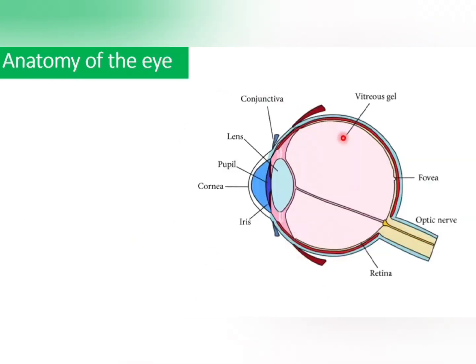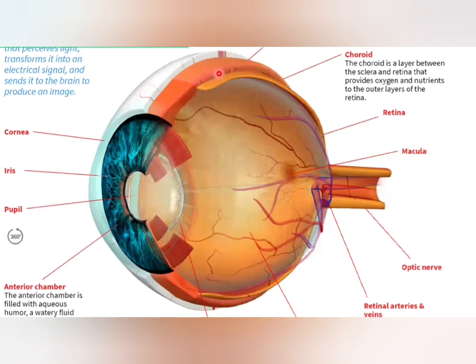So this is the anatomy of the eye, where you can see that there are three main layers of the eye. If I start from outside to inside, that is sclera, then uvea, then retina. The iris is a part of the uvea. In the next picture, you can see it very nicely that this is the uvea and the iris is a part of this uvea. So before we go into anisocoria, let's take a quick look at the structure of the eye,